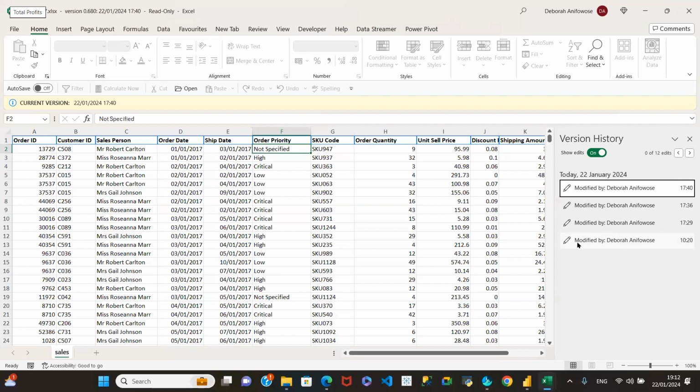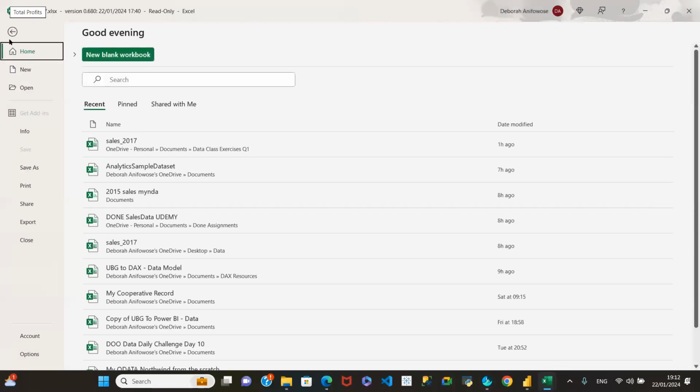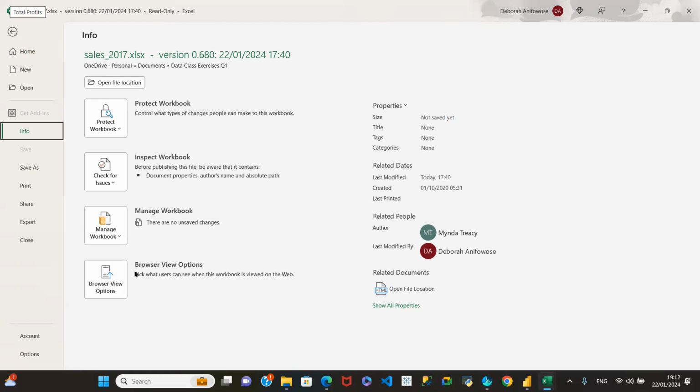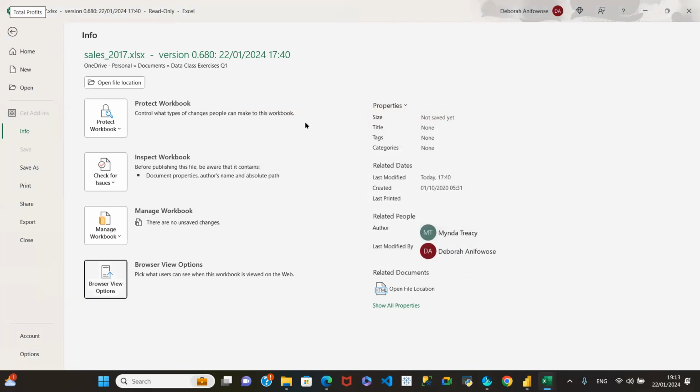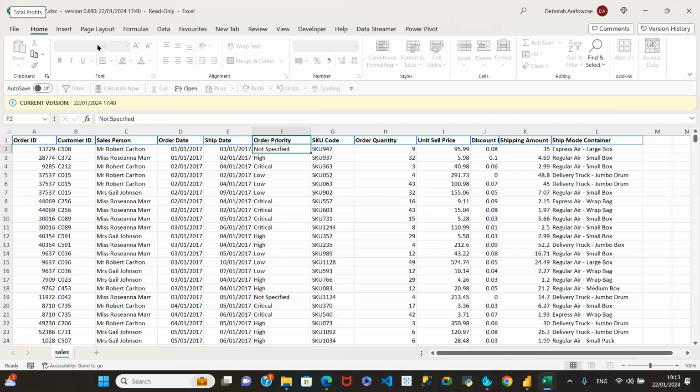So we can see that I modified this at 10, then at 5:29, 5:36, 5:40. So it's quite transparent. It shows you quite a lot. So it's good to see the browser view options. I've not used this before, but have a play with it and see what you can learn from it. Under Home,